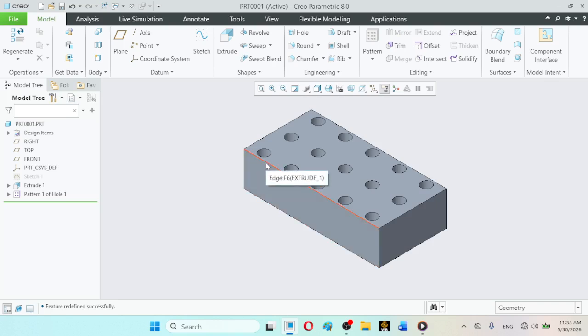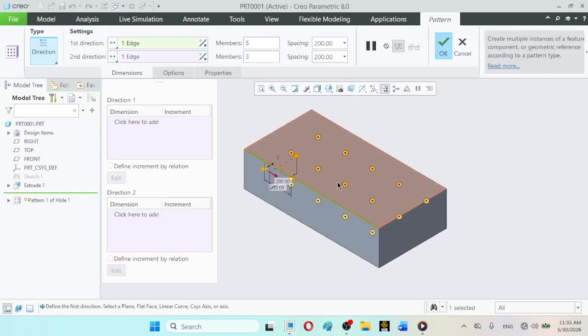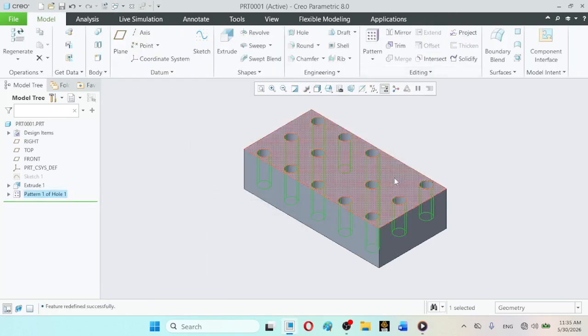For example, if we select this edge, this direction will automatically be defined, and if we select this edge, this direction will be automatically defined. So that was the way. The other important thing is the same: if we want to hide some members, we can simply click on them and click on OK, and those members will not be visible in the pattern. That might be a requirement for some geometries. So this was the edge option.